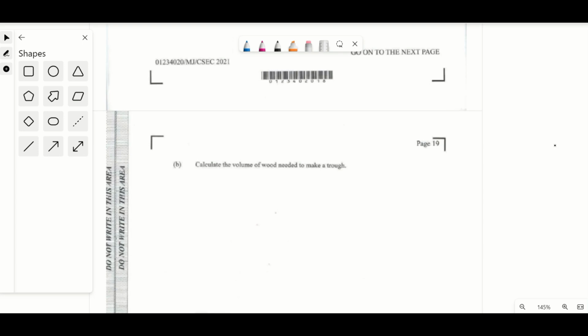So the total volume is equal to length times breadth times height, which is what they gave us: 300 times your breadth, which is 190, times your height, which is 160. You use the calculator, 300 times 190 times 160 is equal to my total volume of my box,